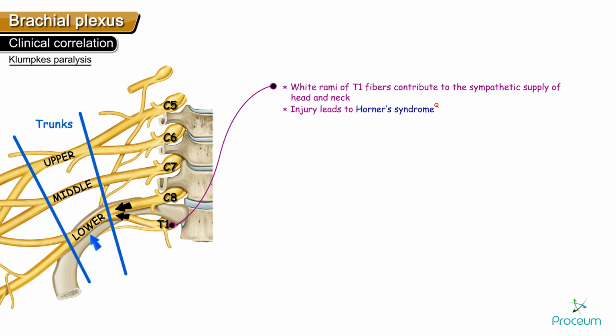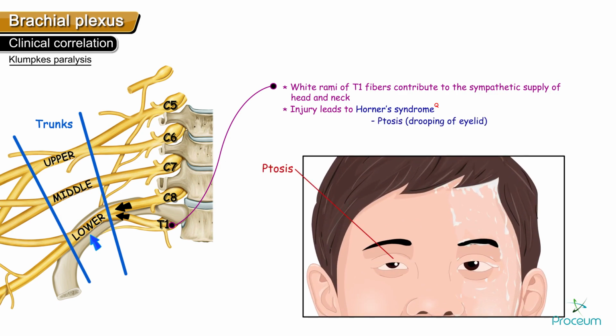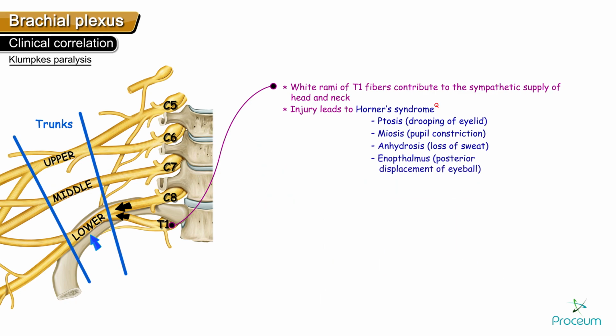Horner's syndrome consists of ptosis, that is drooping of the eyelid, miosis, constriction of the pupil, anhidrosis, loss of sweating, and enophthalmos as well as loss of ciliospinal reflex. So, Klumpke's paralysis is also associated with Horner's syndrome,